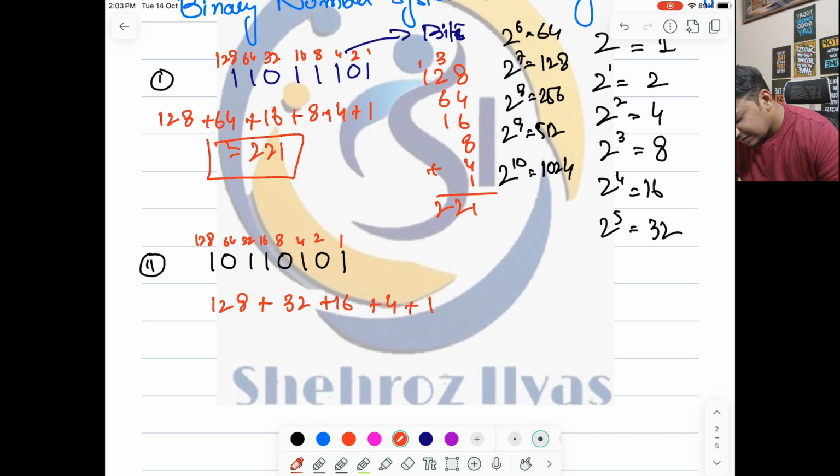So 128 plus 32 becomes 164. 164 and 16 plus 180, 184, 185. 185 is our answer. Let's also verify it mathematically so that there is no error. So 8 and 2 is 10, 16 and 4 is 20,